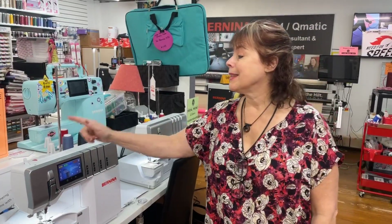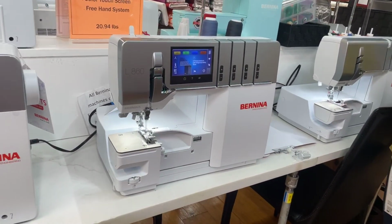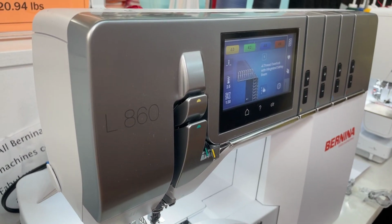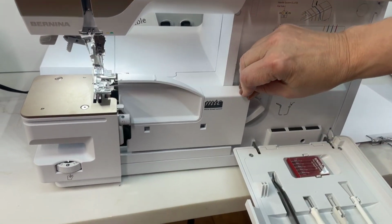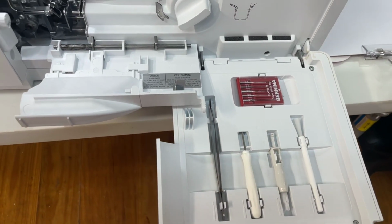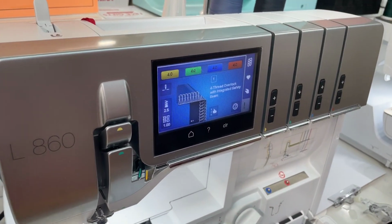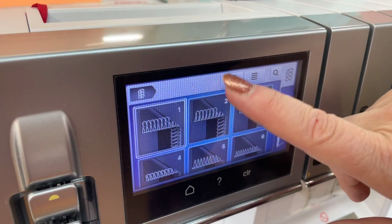Okay. So we were telling you about some floor model special pricing. This L860 is in that very special floor model pricing. So if you are looking for a serger, but you have been scared of them because perhaps threading is something you didn't feel comfortable with, you get a couple of incredible features with this machine. One of them is the onboard tools and the air threading, but the far more important thing for the beginner in a serger is that you're going to get this computer that is going to explain to you every step of the way on how to go ahead,